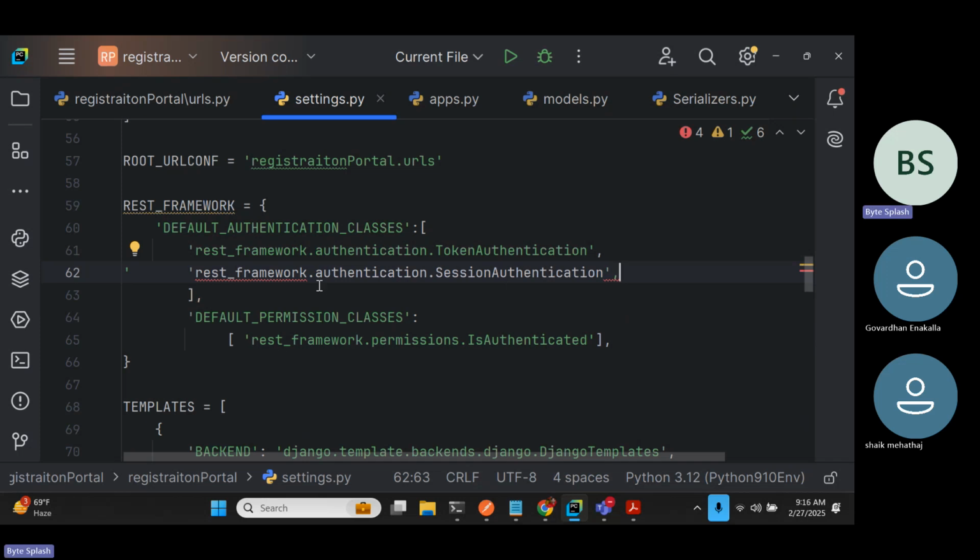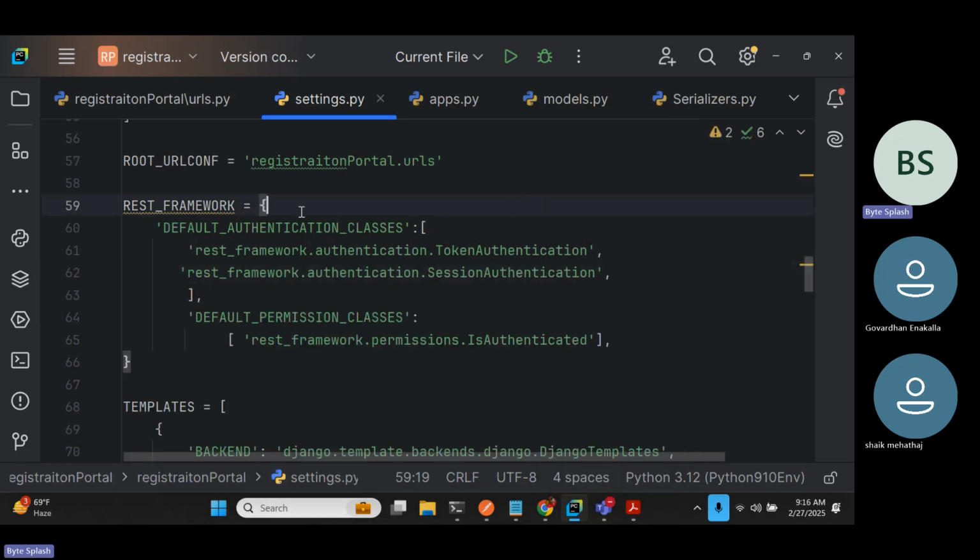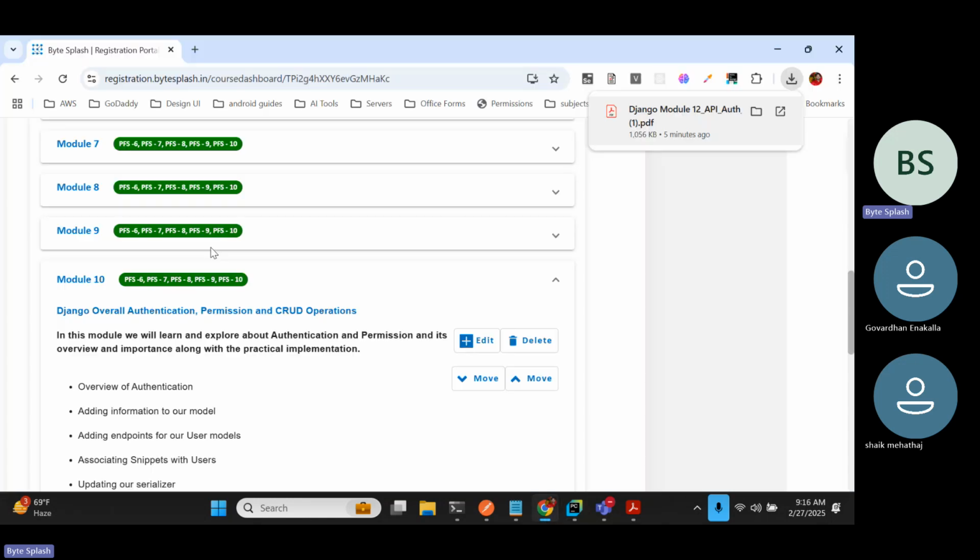Why this error? Okay, here it is. Fine. So why this is because default authentication classes, one is token authentication we are mentioning. Means once we logged in, token will be created. Next one is session authentication. There might be session expiries and all. So if you want to use it, you can use it. These are two ways. We are using this way now because token authentication is more necessary nowadays because every application,